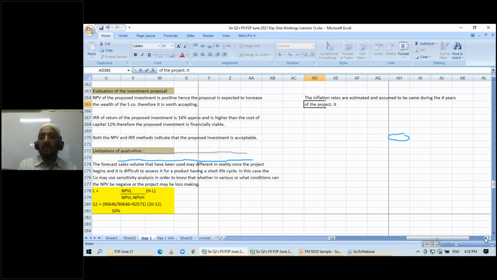So as the inflation rates may not remain the same for the 4-year time,